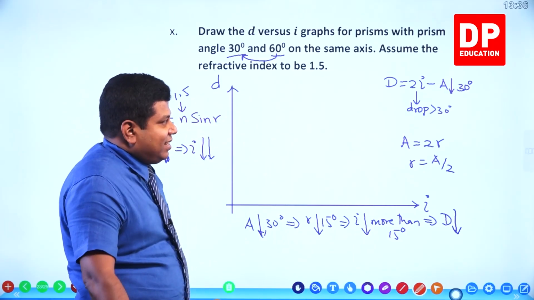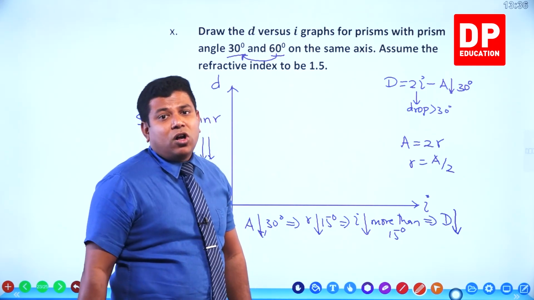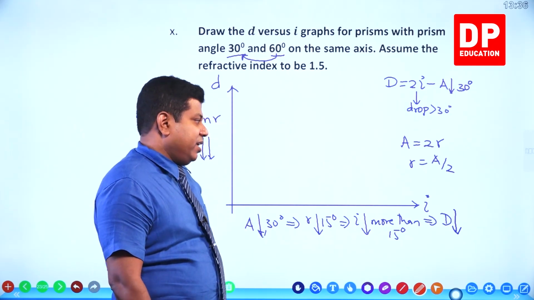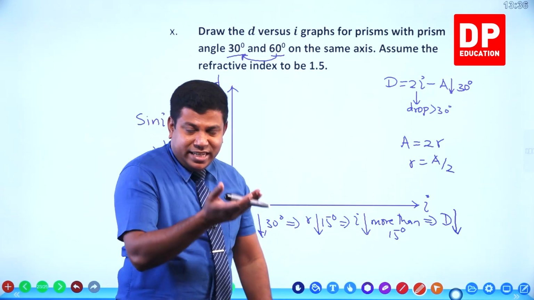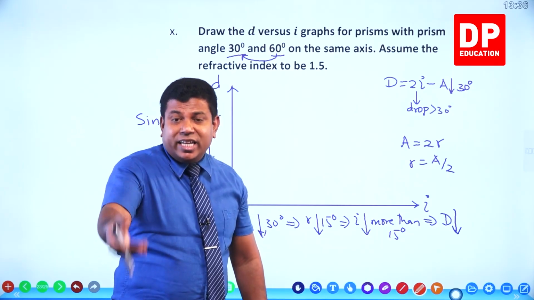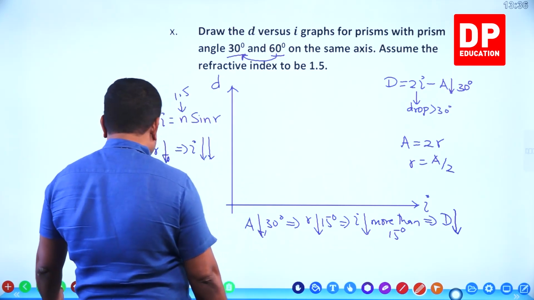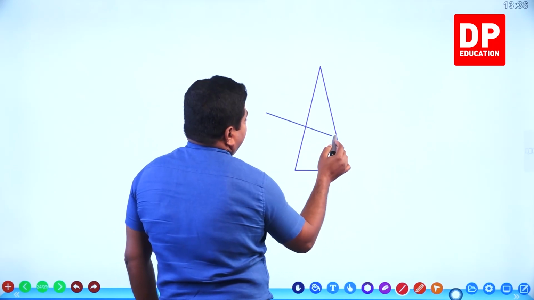So you understand, when the prism angle goes from 60 degree to 30 degree, the minimum deviation will also decrease. Minimum deviation. So the minimum point will be different. The 60 degree prism's minimum point will be higher than the 30 degree prism's minimum point. And another thing you need to understand, see, think if this is a 30 degree prism, let's consider